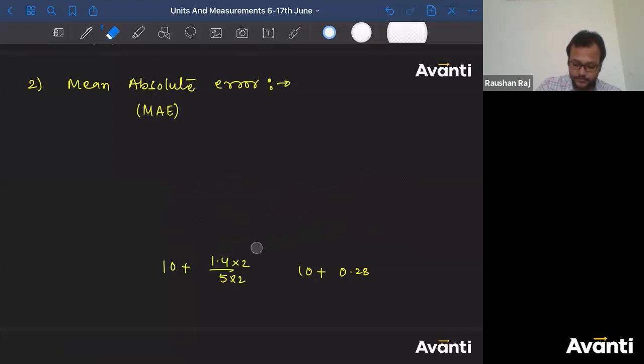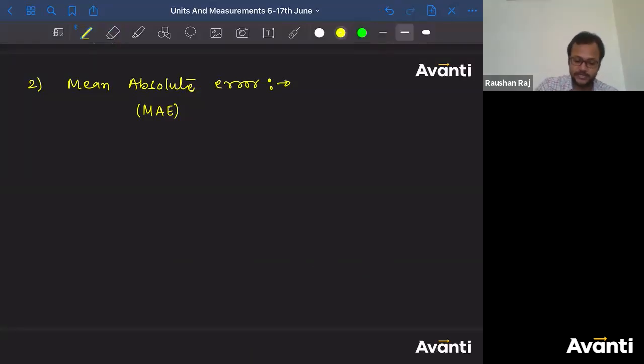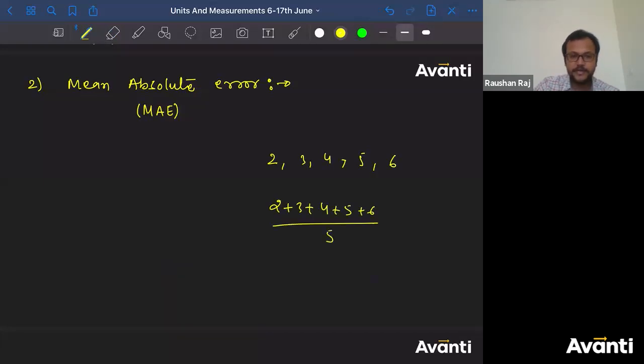But now there is a problem. Problem kya hai? Dekho batata hu. How should I take a mean? Normal taking mean is nothing but like this. If you're having, let's say 2, 3, 4, 5 and 6. You have to take average of these values. How do you do that? You'll add all of them and I'll divide it by number of terms. That is the mean. But now imagine a condition where you're having an error of -2, +1, +3, -1, -1 and -2. Sorry, again -1.